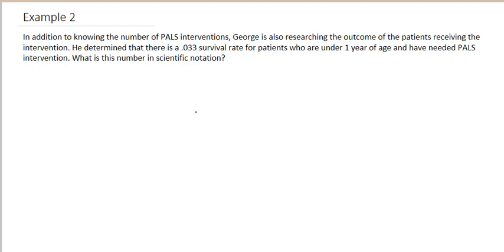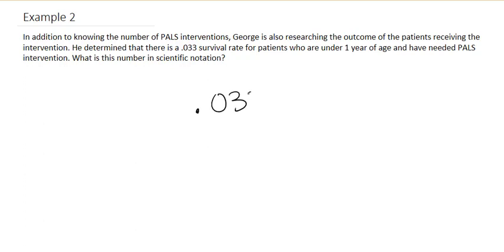So we'll write out the number, and we want to move the decimal so there's only one number to the left of it, like an actual number, because right now it's just 0. So we would move this decimal to the right. We go 1, 2, and put it right there. So this new number becomes